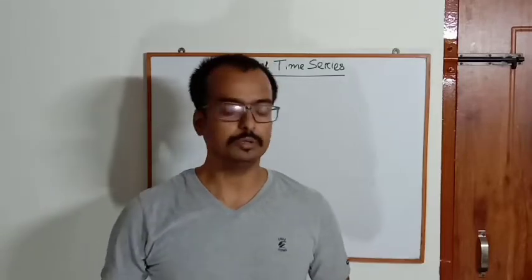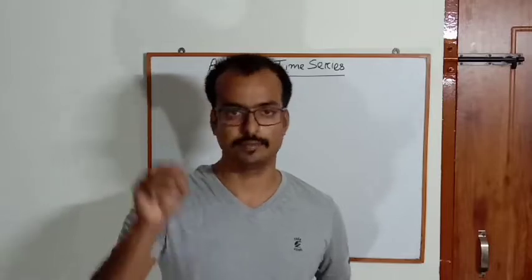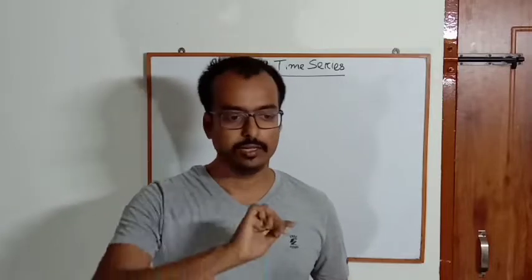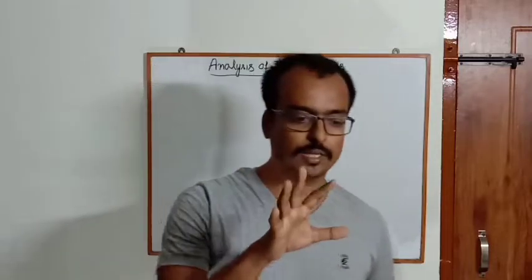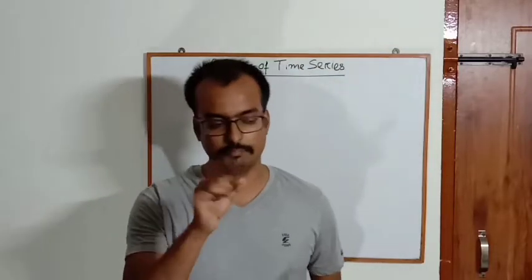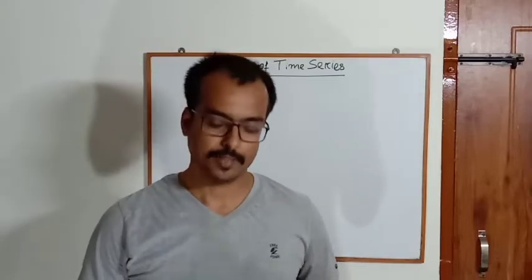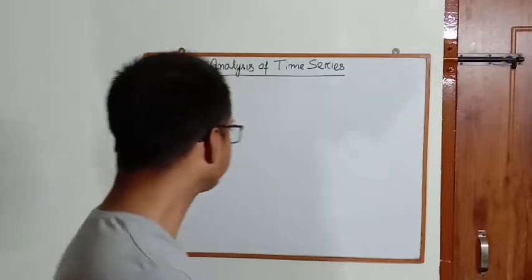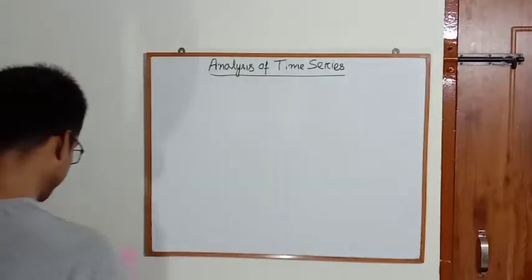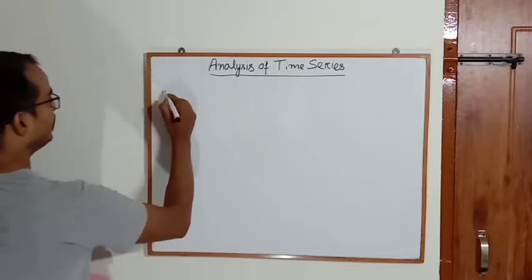So what you can do, this information you can plot in the graph, and accordingly you can assess with the help of these plotted values what kind of trend the series is showing. We will be going to that. So for that reason, let us take one example. Let us take year